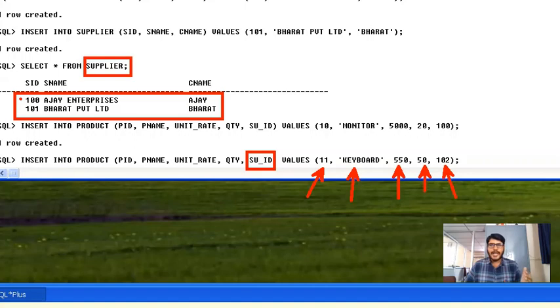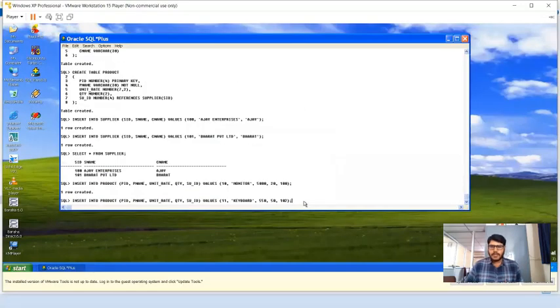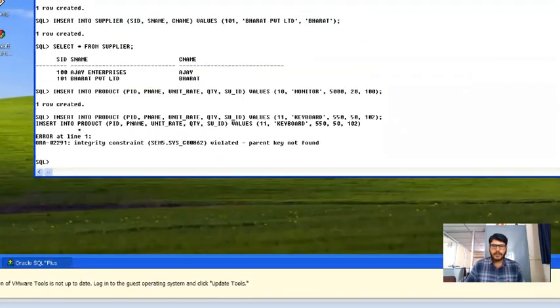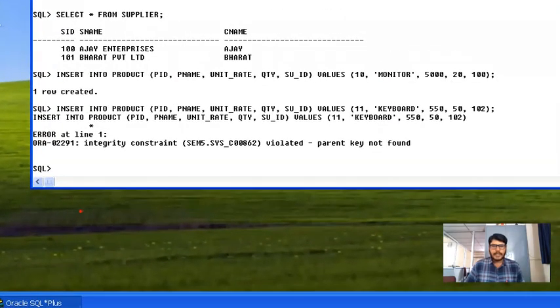Now, obviously, it has to generate an error. Let us see what happens. So now if I press enter, it has to generate an error saying that integrity constraint violated. As you can see, the message is integrity constraint violated, parent key not found.